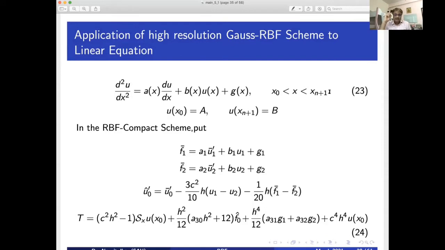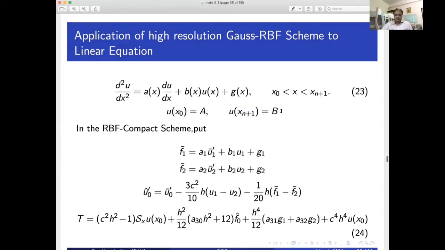Please note that before discussing this theory, I defined that our points are uniformly spaced, and I have used h everywhere as the fixed step size, but exactly along the same line you can also derive it if the spatial points are not at an equal distance. So here the boundary condition gives u at x naught as uppercase A, and u at the last point xn plus 1 comes out to be B.